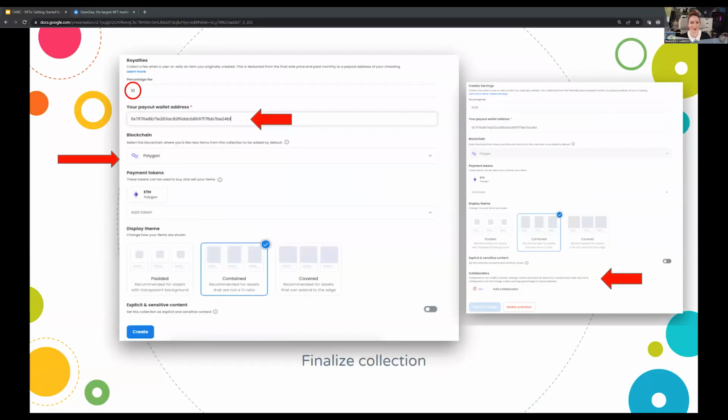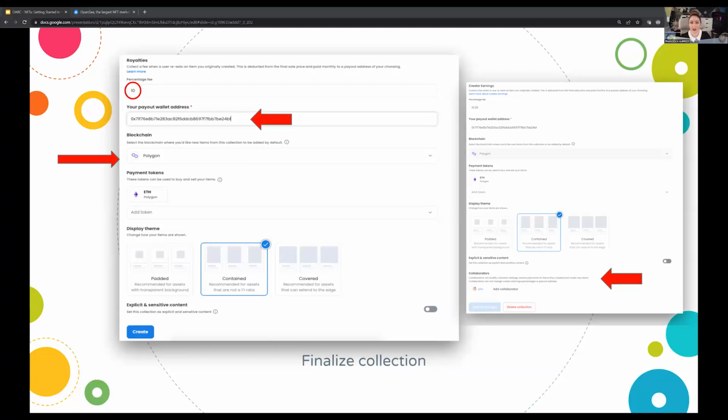All good. Okay. So once that's pasted, you want to select Polygon and add the blockchain for that collection. And you can add other payment tokens if you'd like. Like I said, if you choose to mint this, you can choose different blockchains and use different kinds of currency payment tokens.